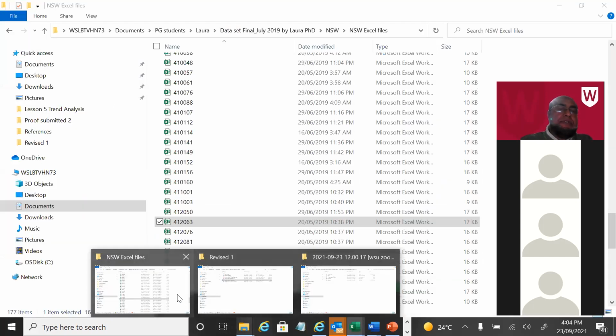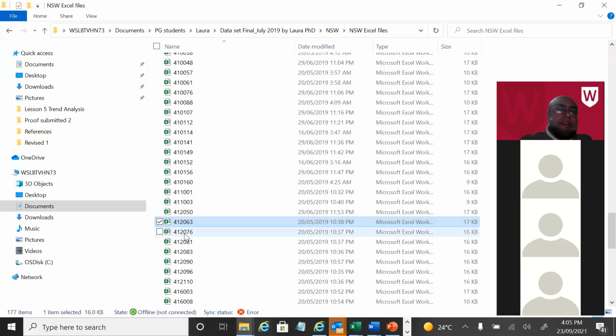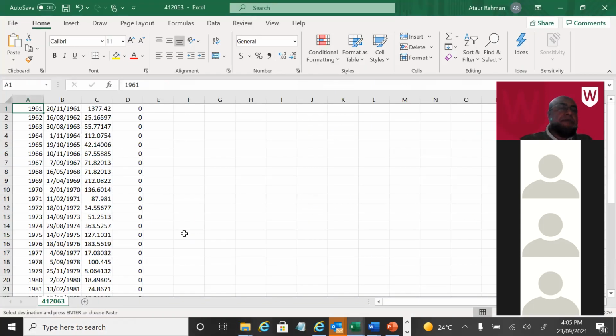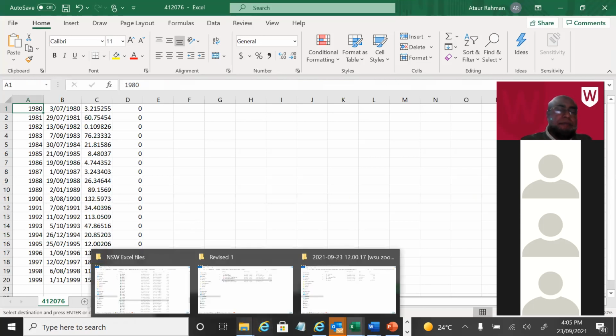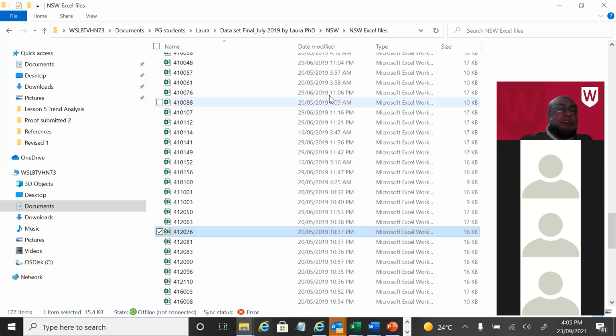So let me see another site, 076. So this one has data again up to 1999. So it means that the government closed the gauging station there. So what are the data for